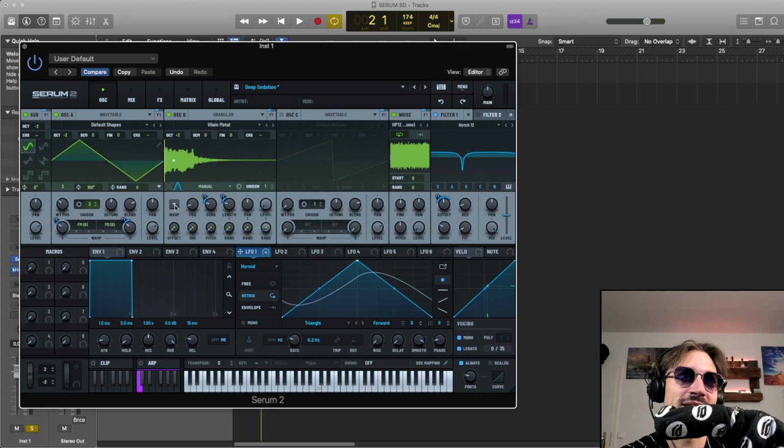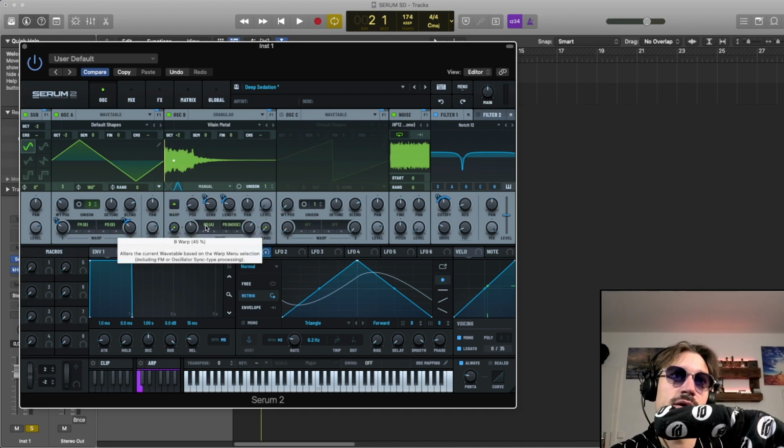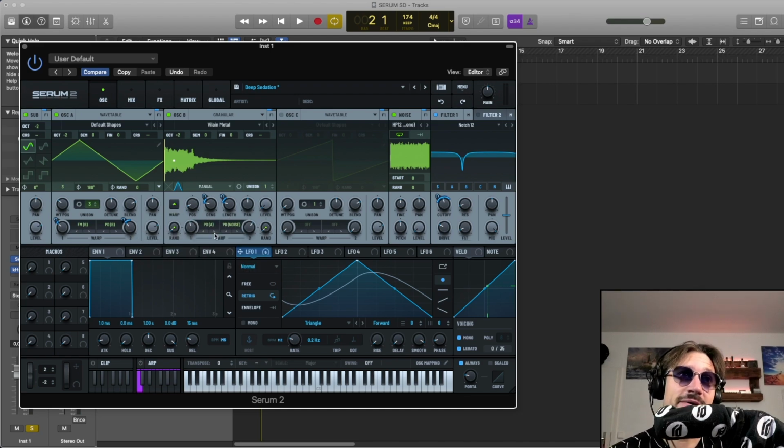All right, so the other thing with the granular section, which is great, I don't really use these bottom things much here yet. I haven't found a super good use for them yet. But the other thing that's great is the warp. Well, it says warp, but basically it takes you to the other page, so you can also adjust the FM settings down here, right? So a couple more things here, because I've actually got a phase distortion from A, and